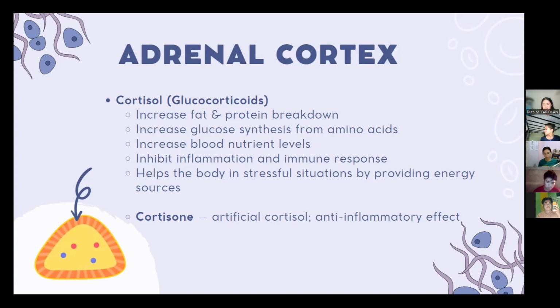Glucocorticoids cause lipid breakdown, reduce glucose and amino acid uptake in the skeletal system, stimulate synthesis of new glucose from precursor molecules such as amino acids, and increase protein degradation. Glucocorticoids also increase blood glucose levels and glycogen deposits in cells. The glucose and glycogen are a reservoir of molecules that can be metabolized rapidly. Cortisone is an artificial cortisol with an anti-inflammatory effect.